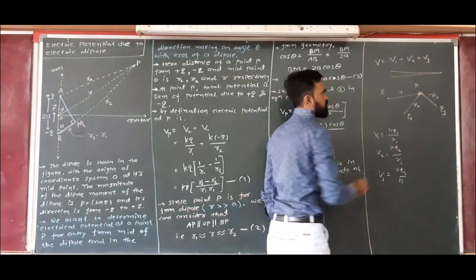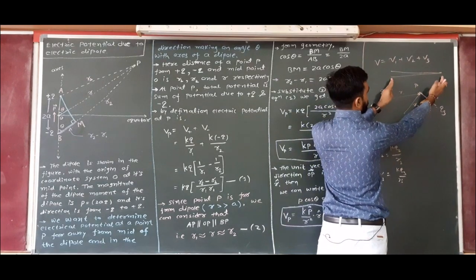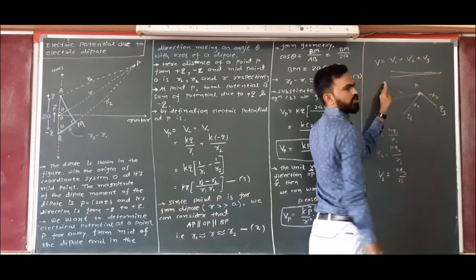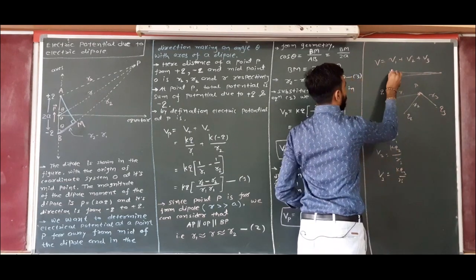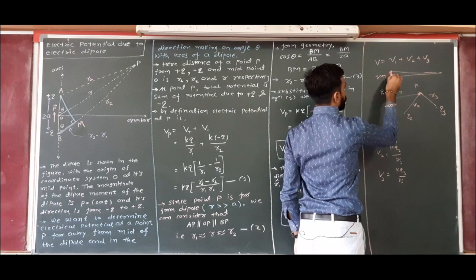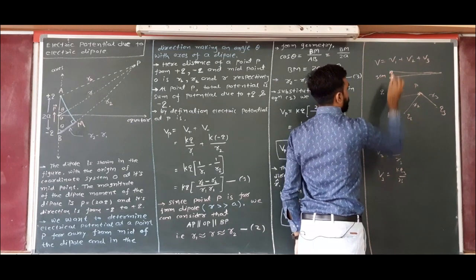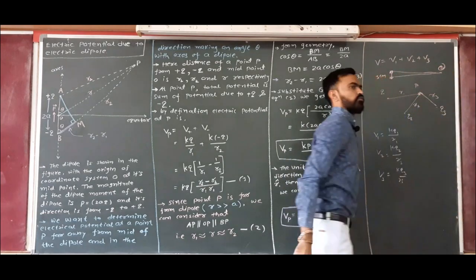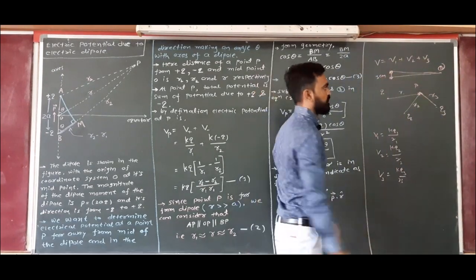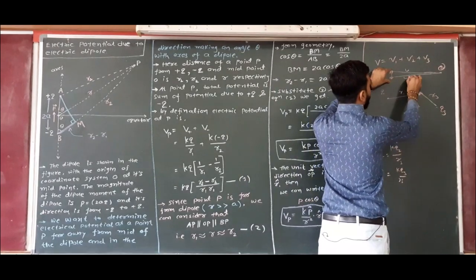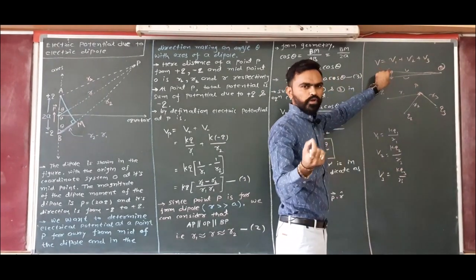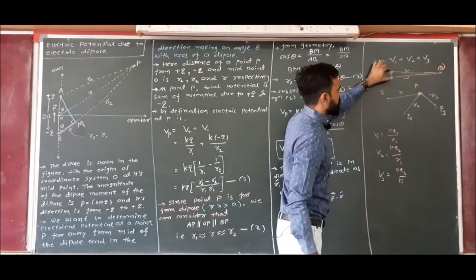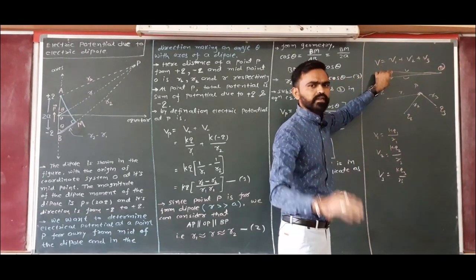Right? These points are not at a large distance, hence we cannot say these two lines are parallel to each other. But if you take the same separation, for example 3 centimeter, and you take this point P at a large distance, for example 1 kilometer away, then these two lines can be parallel. You get my point? Because compared to the length of 1 kilometer, the separation is not much. We can neglect it.